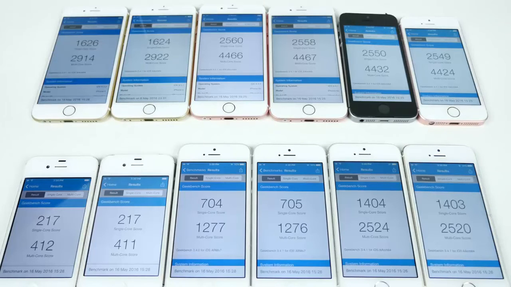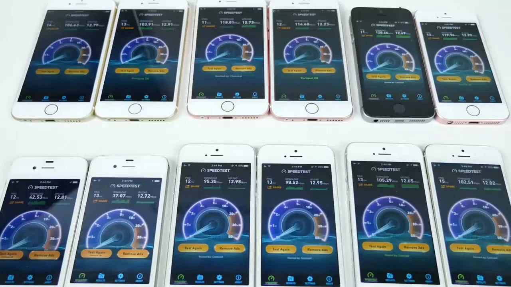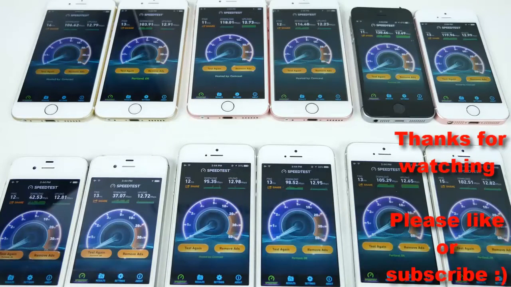So one test left, that's the Wi-Fi speed test. And here are the results of the Wi-Fi speed test. Every single device but the iPhone 5 did better, and considerably better. So Wi-Fi performance seems to have improved